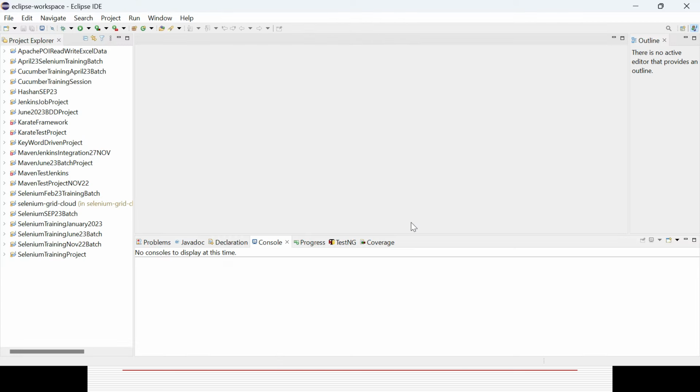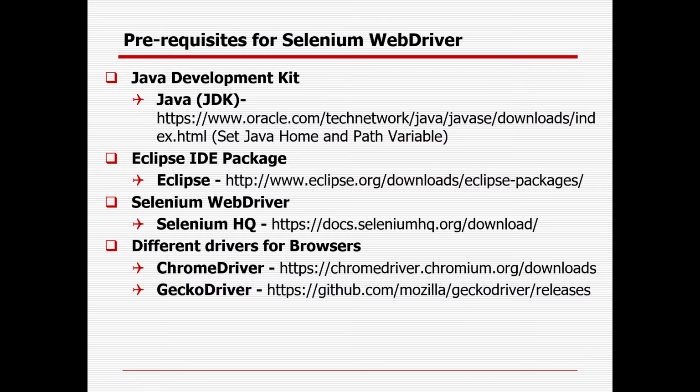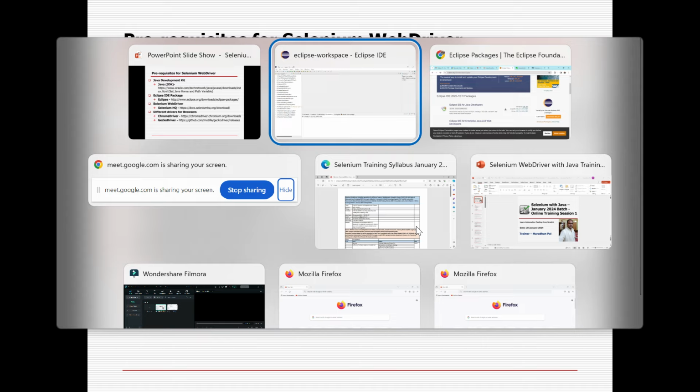First is the Java setup, like the library and variable setup. Then you need to open Eclipse. Then the third thing is that you need to download the Selenium jar file. Without the jar file, we can also execute, it will not be a problem. I will show you in the last couple of sessions. You can create a Maven project instead of a Java project, where you can add the dependency instead of downloading the jar file. The Selenium jar file site is already given in that URL.